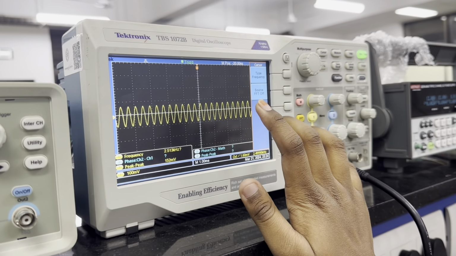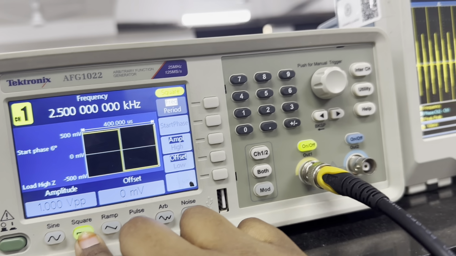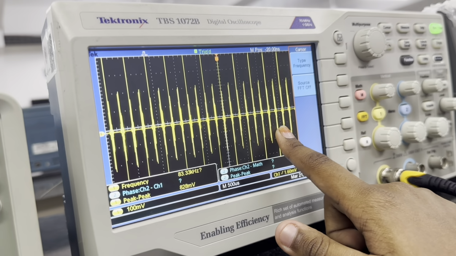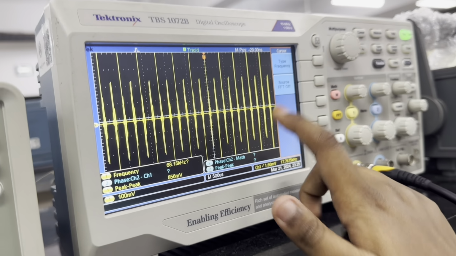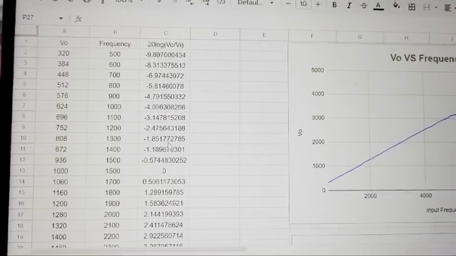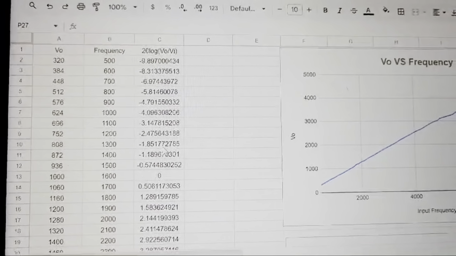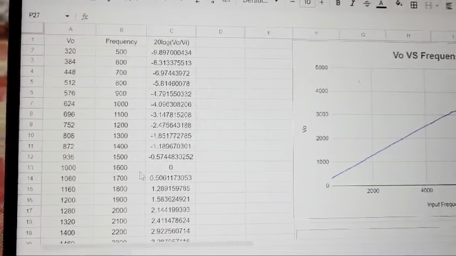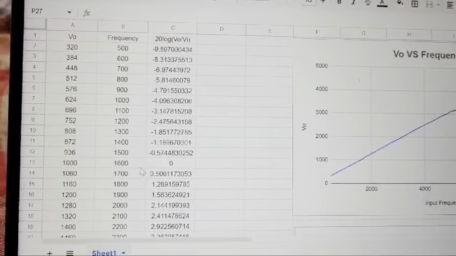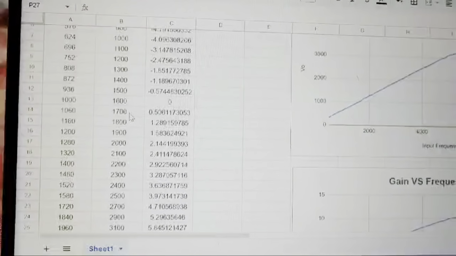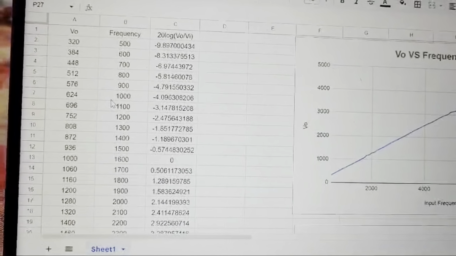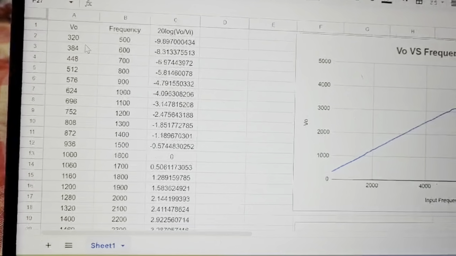as our output. So now when we give a square wave as input and this is our output, this indicates we are using a differentiator circuit. For differentiator circuit, by taking resistance as 1 kilo ohm and capacitance as 100 nanofarad, we are varying the frequency from 500 to 10,000 and taking values of output voltage peak to peak, and we are